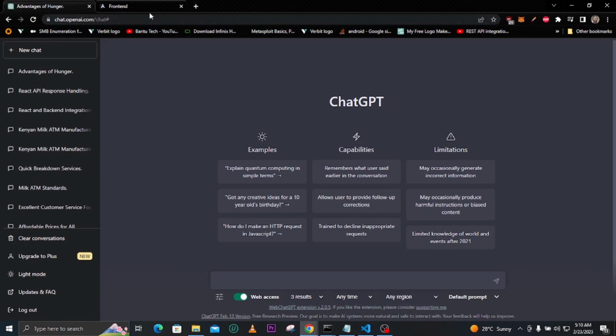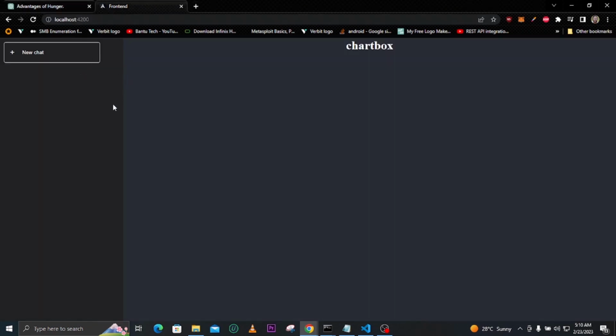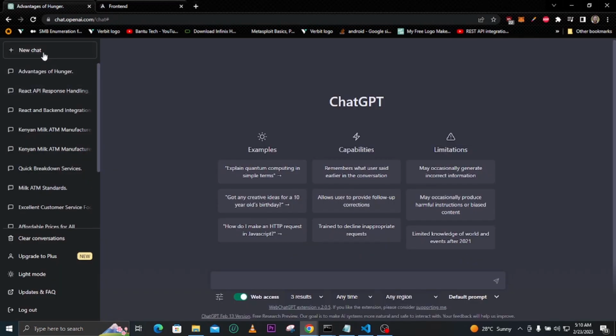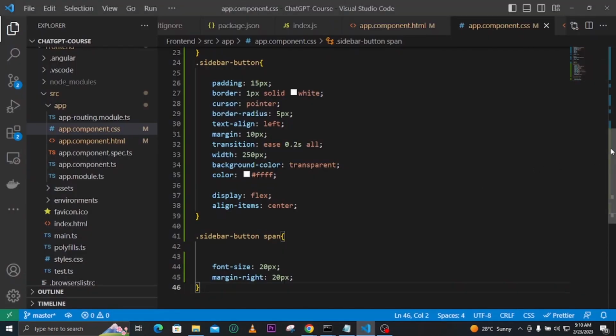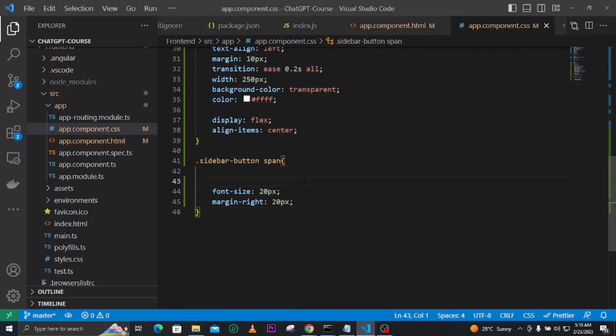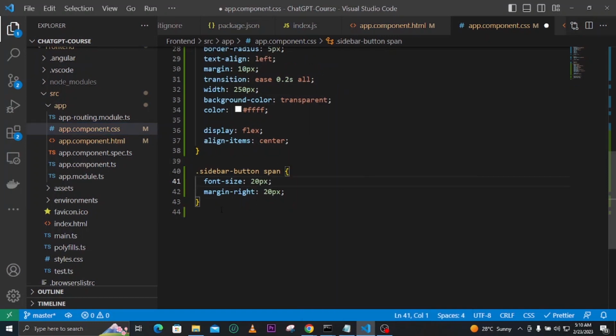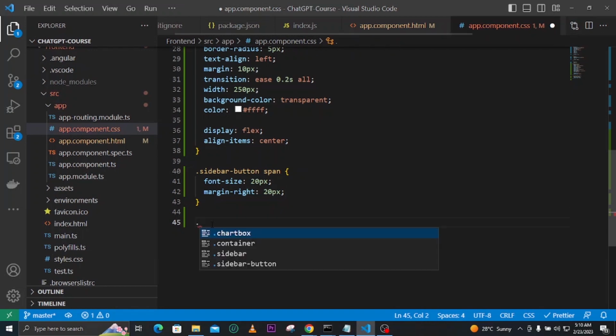So I want to style now. I want to add the hover effects, so that when you hover it, you can see this color that is light white. So to do that, first of all, let me format again, because I'm adding a lot of unnecessary spaces. So to do that, what I'll do, I will just say sidebar button, and then I will add hover here,